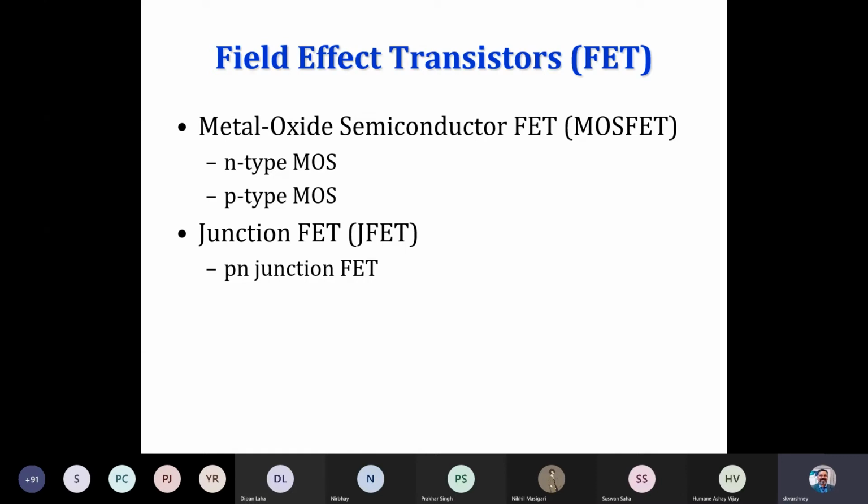So we can realize current control or voltage control devices at a very small scale. If you are making a 10 nanometer transistor, you can integrate a large number of devices on a small chip. The journey started with micron size devices, and now we are at nanometer devices. That is one transistor size I'm talking about, so billions of transistors are integrated over a small area. That's why we call them very large scale integrated devices, VLSI.